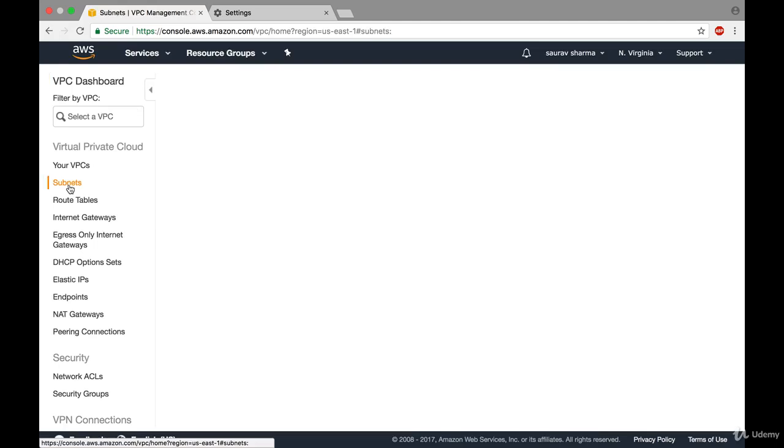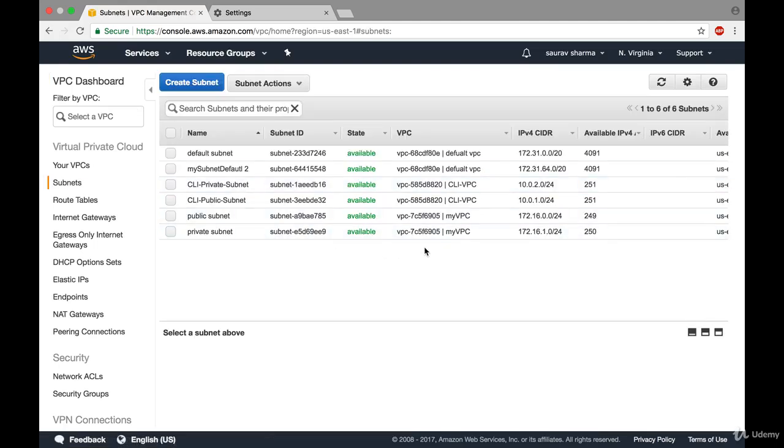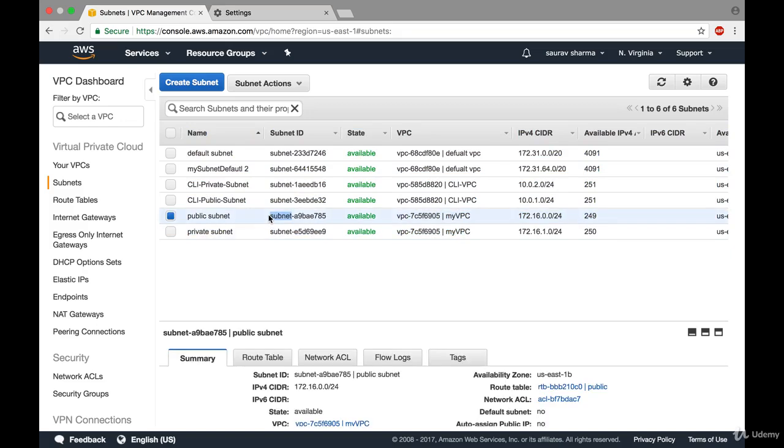And my subnets 7C5, right? So if you remember, this one was the VPC that I had my EC2 that's running on, and